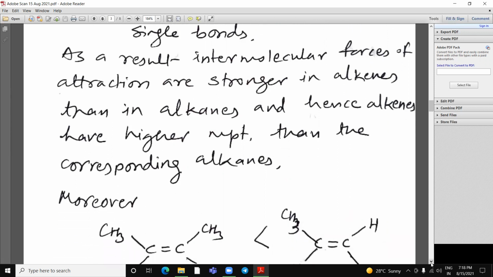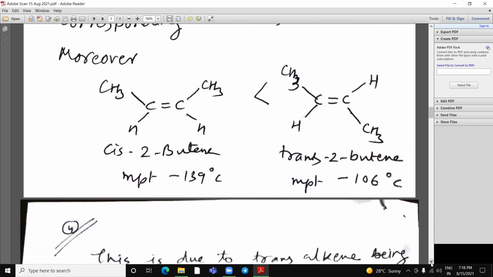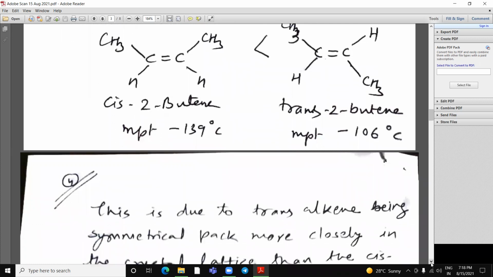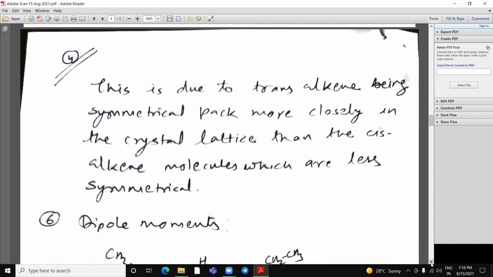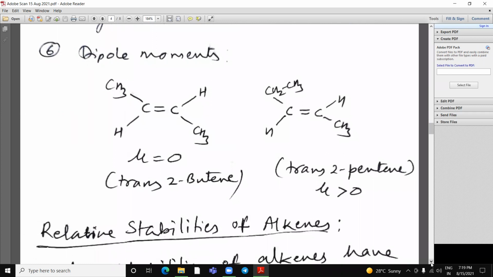Moreover, cis-2-butene has a lower melting point compared to trans-2-butene, which has a higher melting point because of close packing. This is due to the trans alkene being symmetrical and packed more closely in the crystal lattice than the cis alkene molecules, which are less symmetrical. Dipole moments. Dipole moment: trans-2-butene has 0,